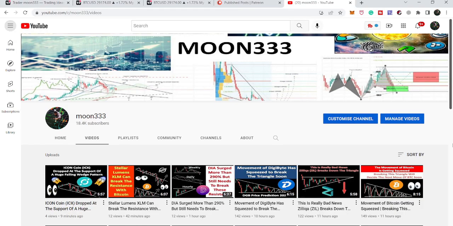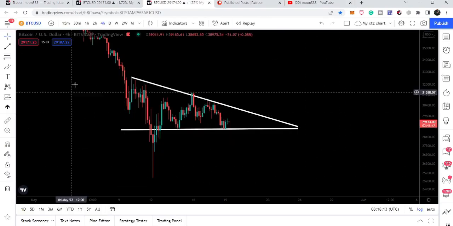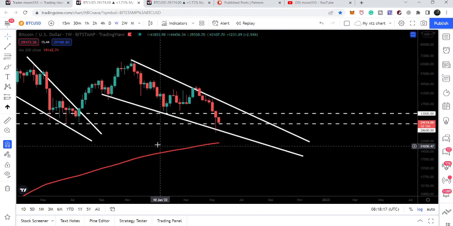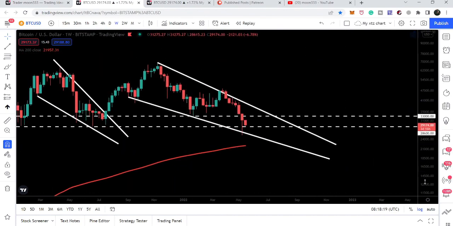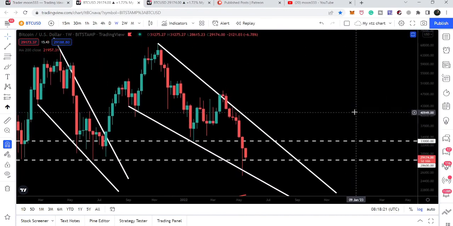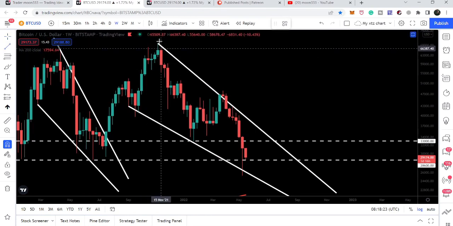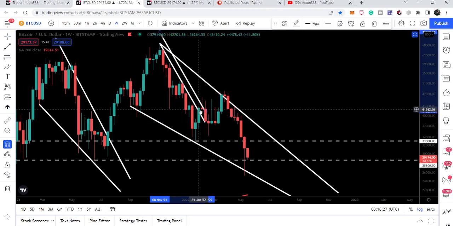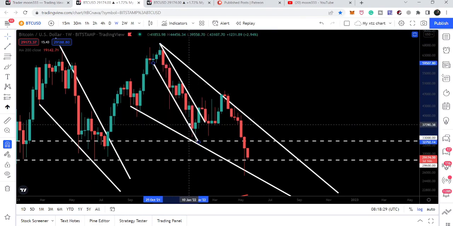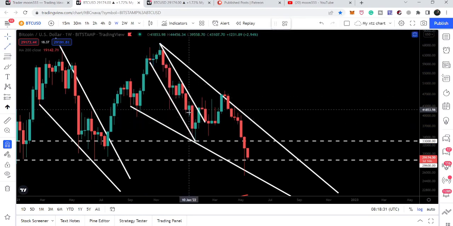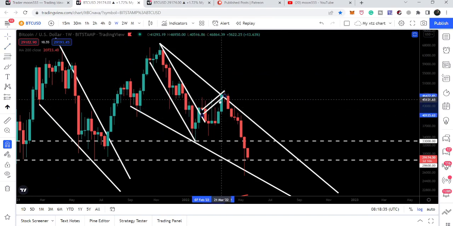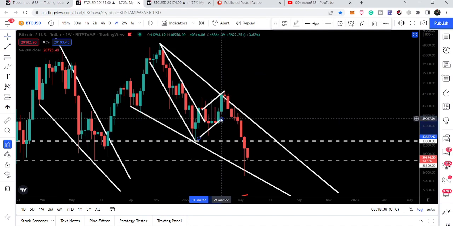Hope you're well and welcome to the new update on Bitcoin. In today's video, we will once again take a look at this descending triangle, and we will also take a look at this big falling wedge pattern. And I also want to show you a bear flag. A lot of traders are discussing this bear flag that is visible on the weekly and even on the daily time frame chart as well. And we will also watch what can be our next expected target or expected move of Bitcoin after the formation of this bear flag.